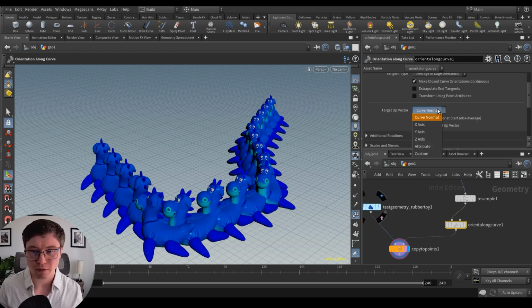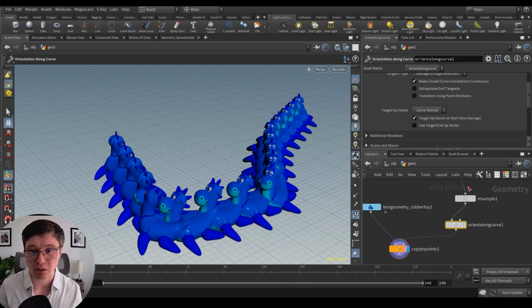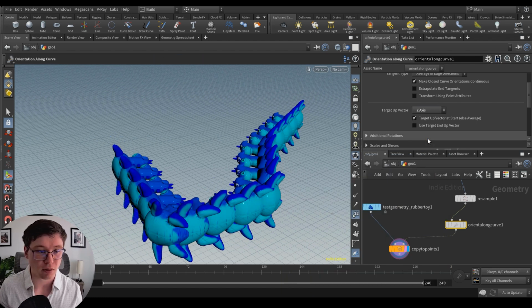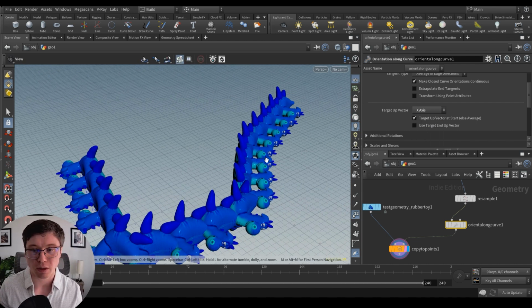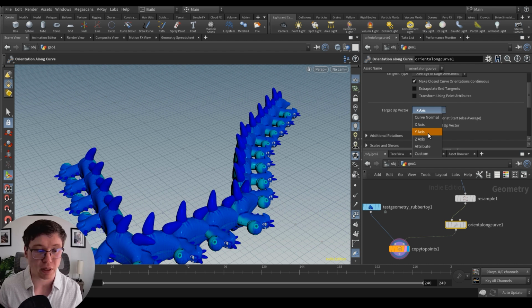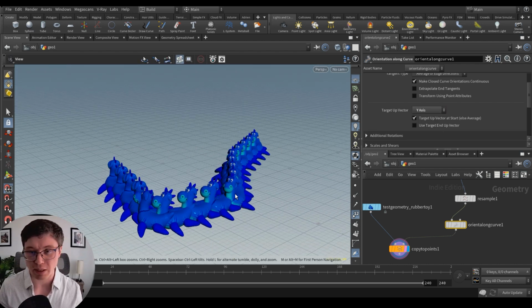And yeah, you have the target up. As I said, what it's doing is creating two attributes, up and N. That would be the most basic one to sort of drive the orientation of objects. Up would drive the Y axis, while N would drive the Z axis. That's basically the idea. So if I put that to Z, everything is turning in another direction. Same for X, it's going to point over there. So if you want to make sure things are basically pointing up, it would drive the target up vector to Y. Hopefully that makes sense.